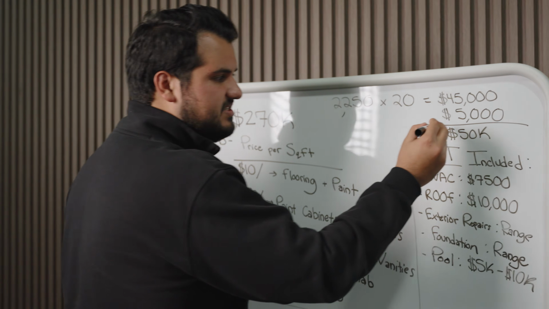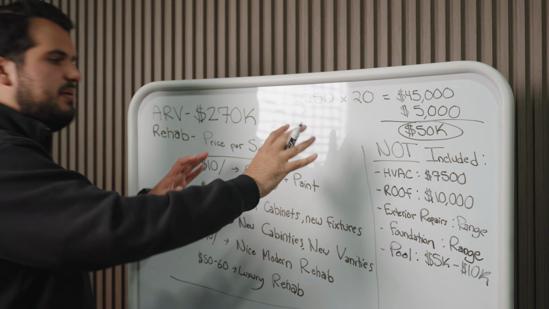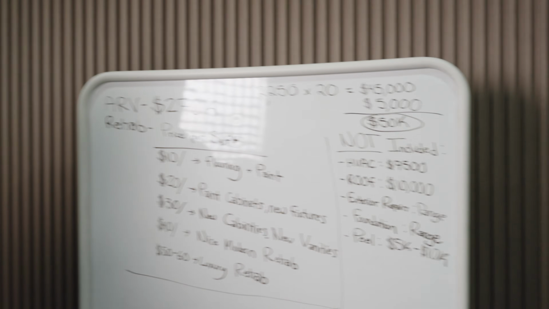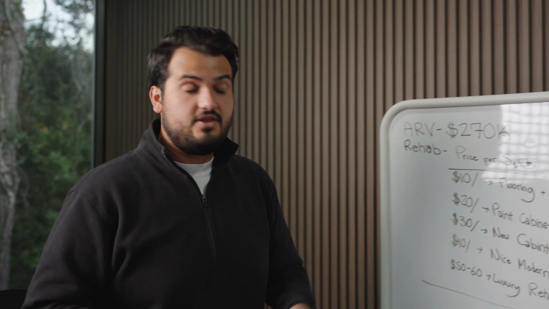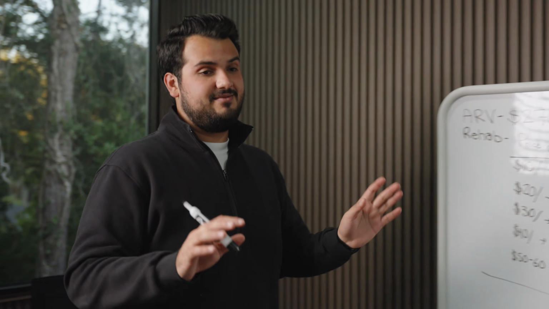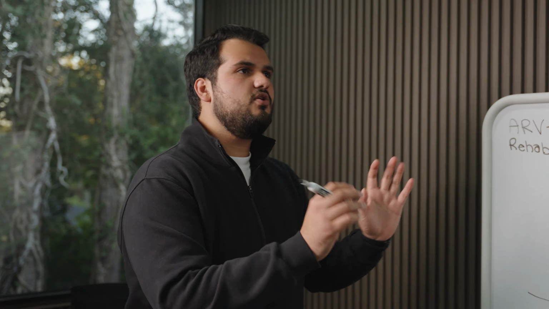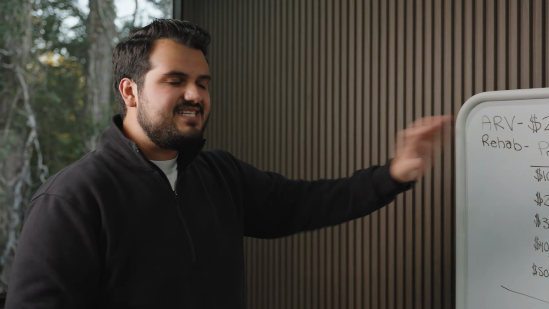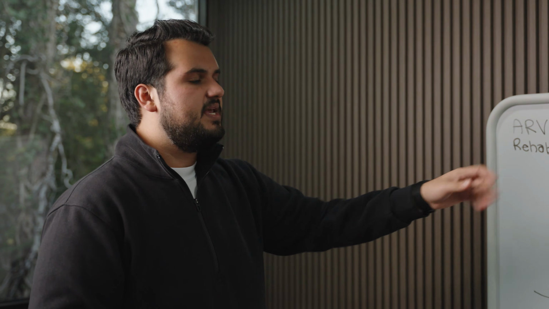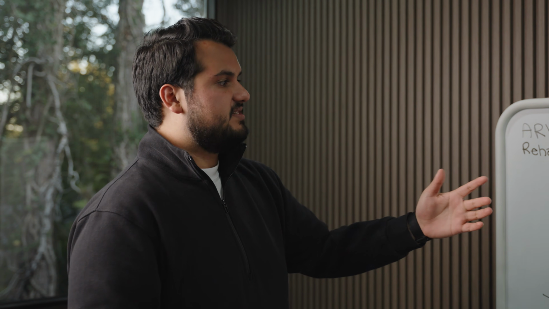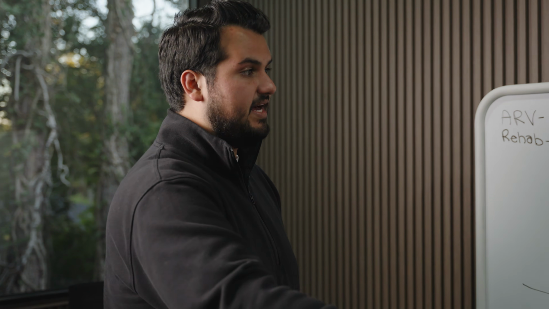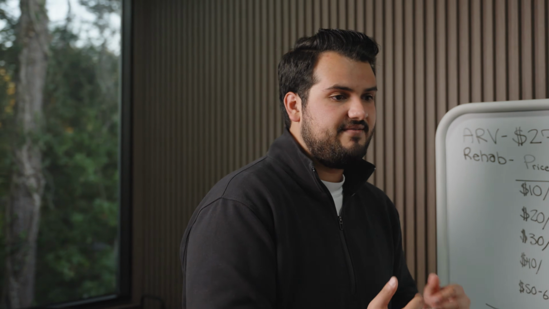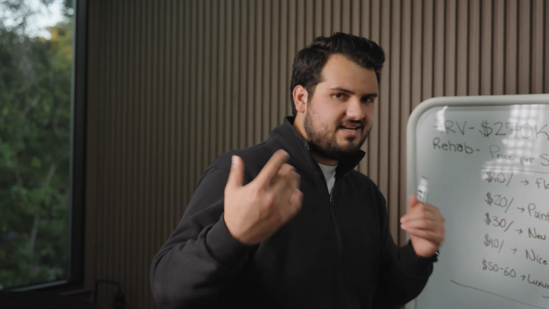So when I get to this number, this is my moment to step back. I step back and I say, all of this stuff has guided me to this conclusion. Does it make sense? There are times where I apply it and I'm like, damn, that's way too much money. I could just tell, it's just my gut instinct, that doesn't feel like a $50,000 repair. So I take a step back here and I look at 50,000 and that makes sense to me. I could see how we're gonna spend 50,000 on this house and I could see what it's gonna look like once we spend 50,000. So that is my final level of confirmation: does it make sense?